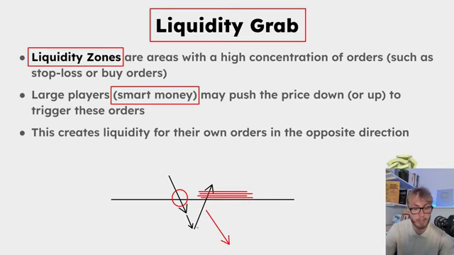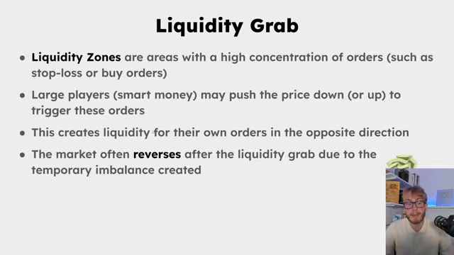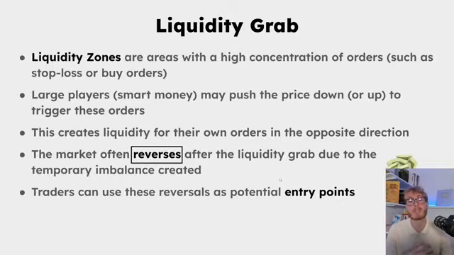So you can see that when smart money pushes the price above once again, this can in turn trigger the newly created stop loss from the short traders and create even more buying pressure. So as I just explained, the market often reverses after the liquidity grab due to the temporary imbalance that is created. And we as traders can use these reversals